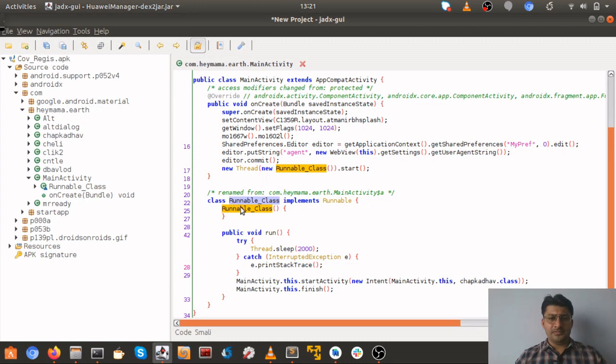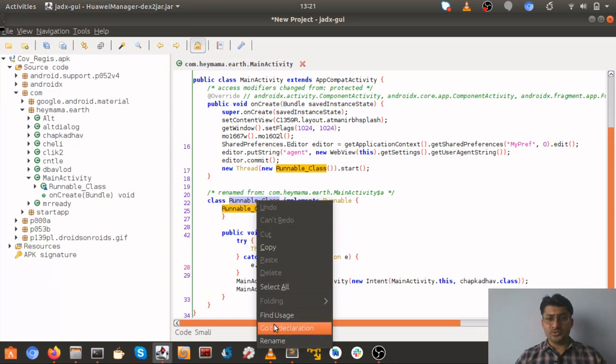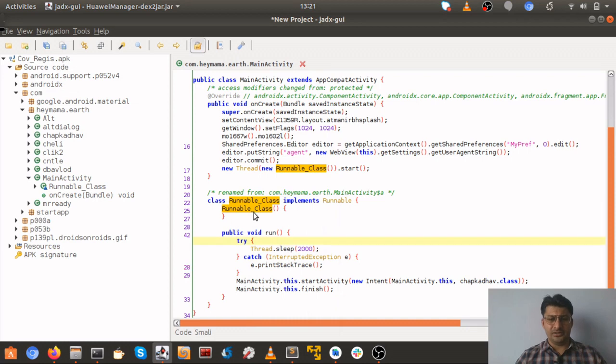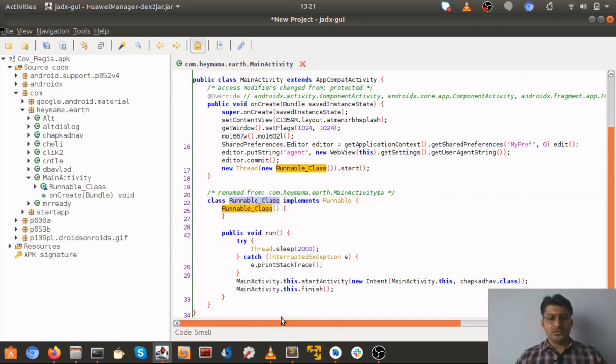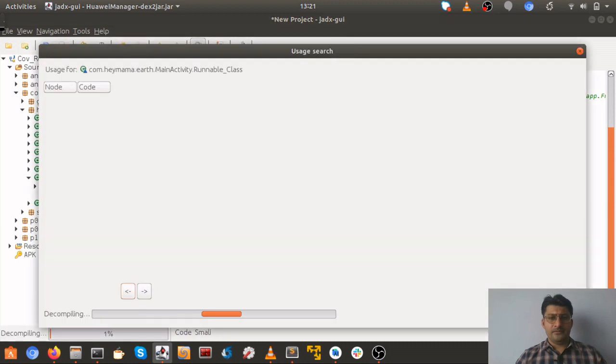So say for example now I want to see where exactly this is defined, and where exactly it is being used. What you can do is select the class name, or string to be specific, right click it and go to declaration, but going to declaration will just land up here. So what we can do is find where it is being used. It will search the whole project and let us know where exactly it is being used.